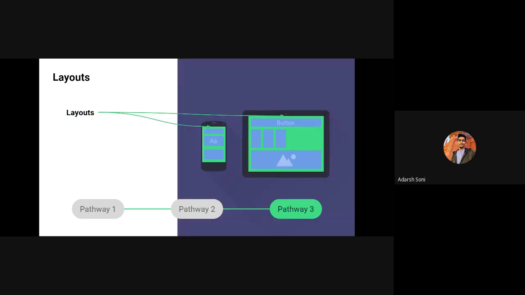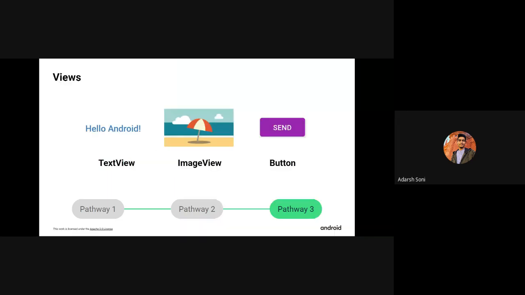Okay, so what is the layout of an app? The layout of an app is the design or arrangement of what the user sees on the screen. In Android, a layout is made up of views. What are views? The user interface of an app is what you see on the screen, like text, images, buttons, and many other types of elements. It's how the app shows things to the user and how the user interacts with it. Each of these elements is called a view.